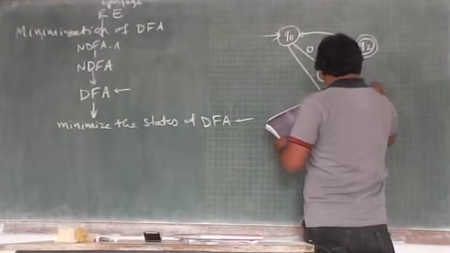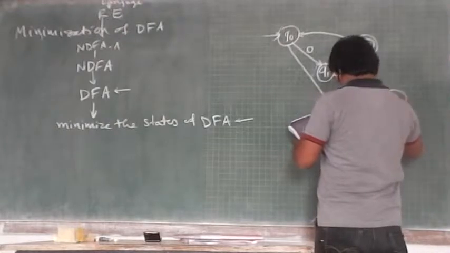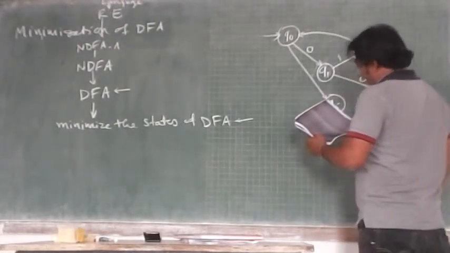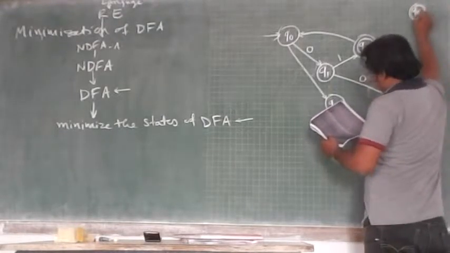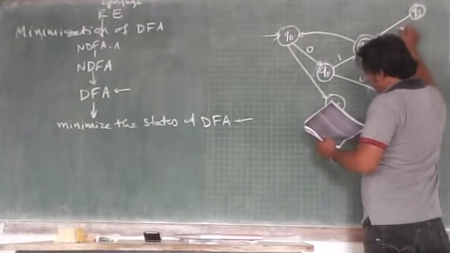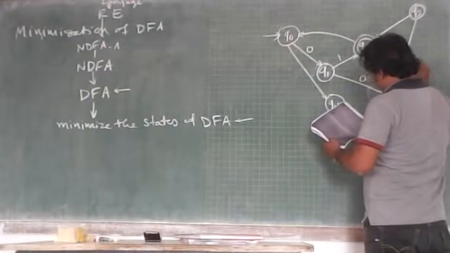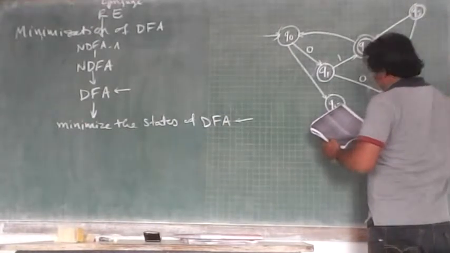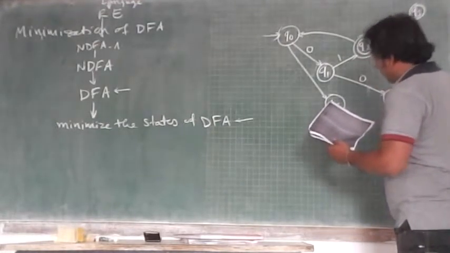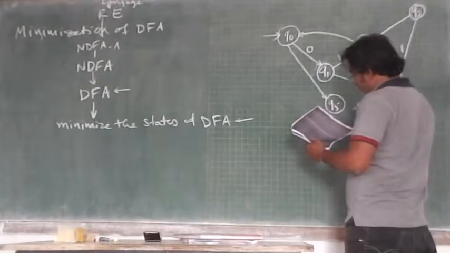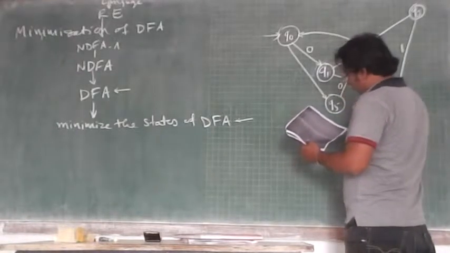For 0, you are going to Q6. From Q3, for 0, you are going to Q2. For 1, you are coming to Q6. From Q1, that is done. From Q5 for 0 you are going to Q2 state. For 1